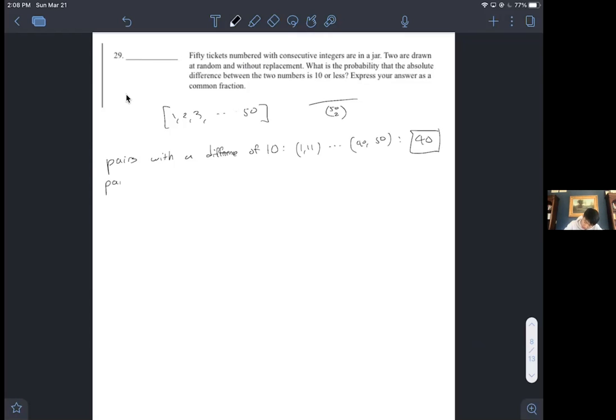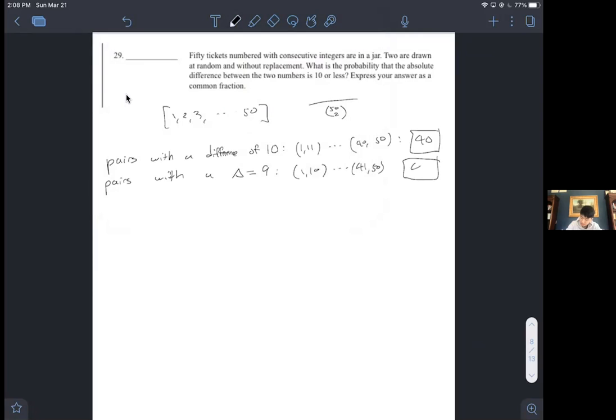And what about pairs with a difference of 11? Then there'd be 1 and 12, all the way up to 39 and 50. So that's 39. Nope, that was wrong. The difference has to be less than or equal to 10. So the next possible one would be 9, so 1 and 10, and that would be all the way up to 41 and 50. So that's 41